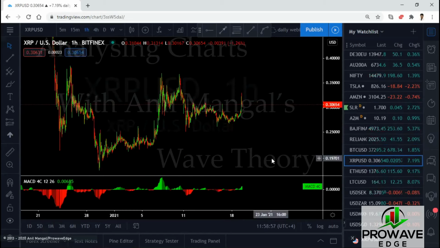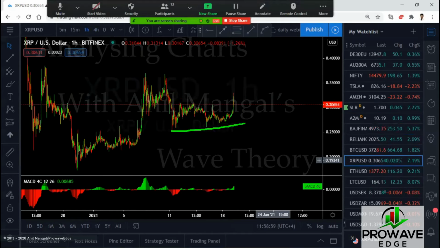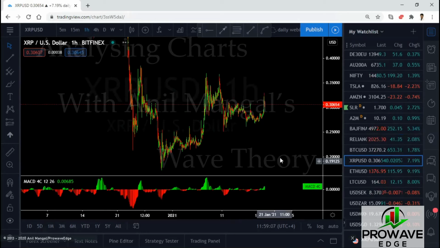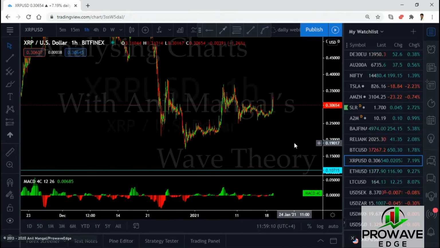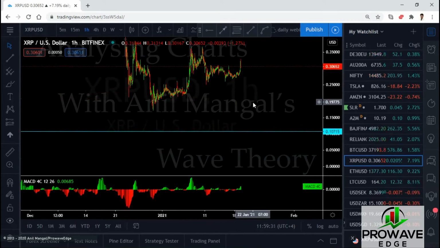XRP. Okay, we're still going down. So you can look for a sell setup here if you want to sell it. I think somebody also made a comment and said they're not sure whether XRP and ETH will go down lower than that. I have learned to believe that even things that I don't think can happen, will happen, right? So I don't see this as impossible to drop to 10 cents. I don't see that impossible. I don't even see it impossible to drop to 5 cents.